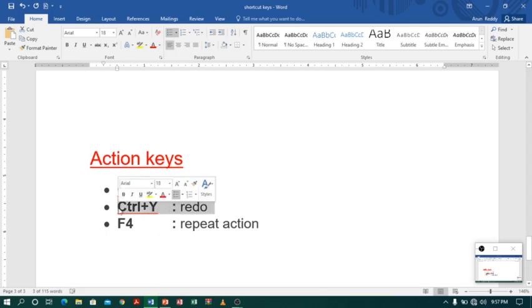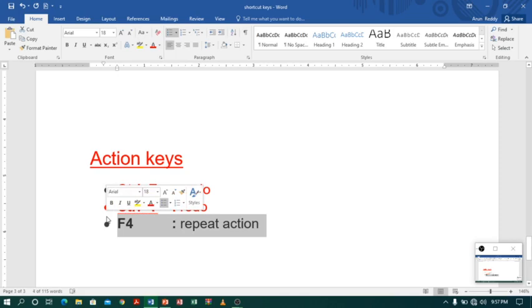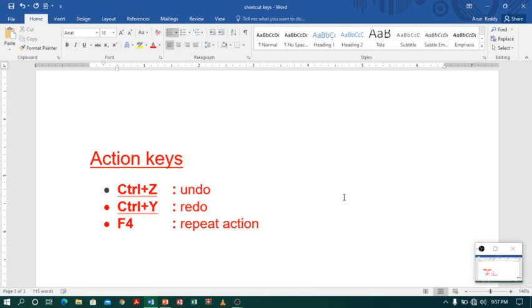Again I select another text, F4. See what it is doing, it repeats the same action again and again. So you don't need to go every time and make the color red. You just select and press F4, F4, F4.